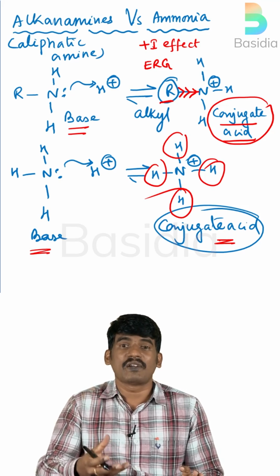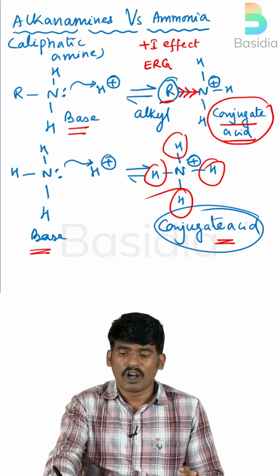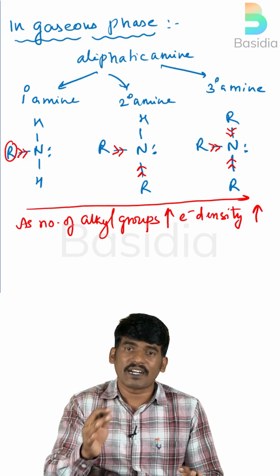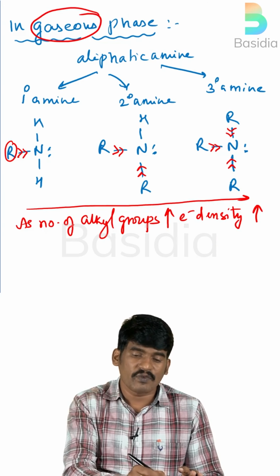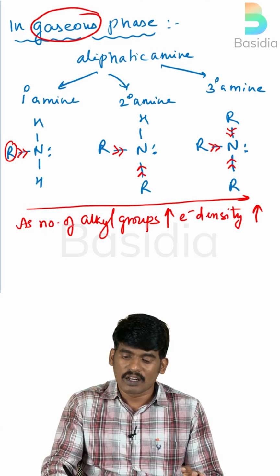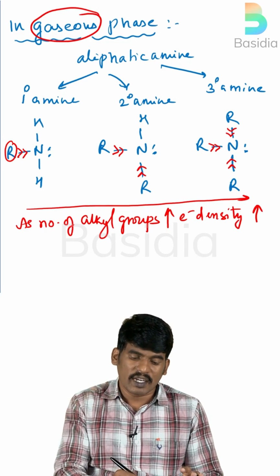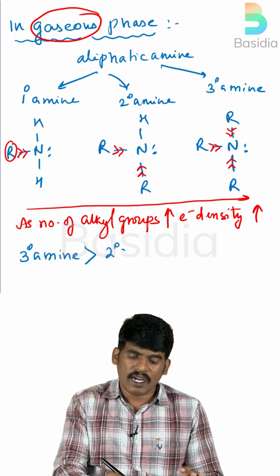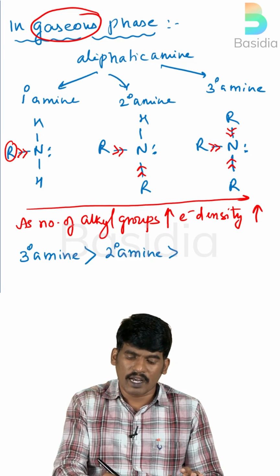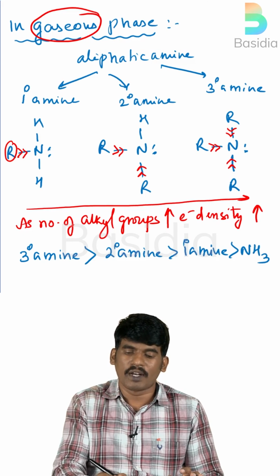The extent of stability increases. So, out of primary, secondary and tertiary amines in the gaseous phase, which amine is the stronger base? Tertiary amine is stronger than secondary amine, which is stronger than primary amine, which is stronger than our poor base,